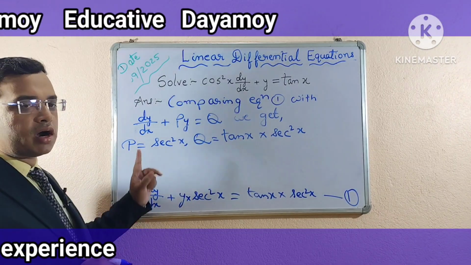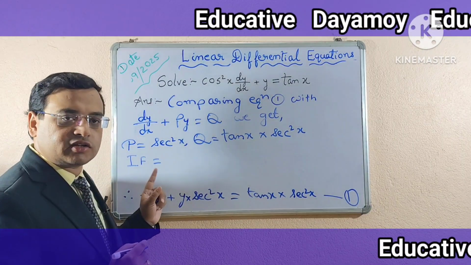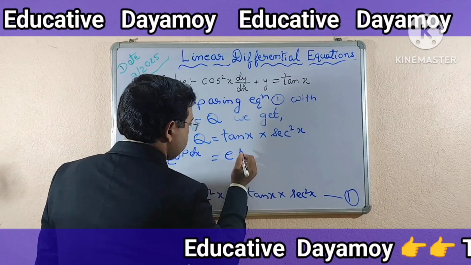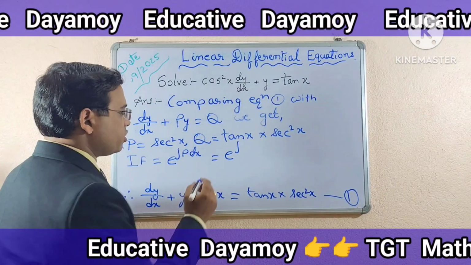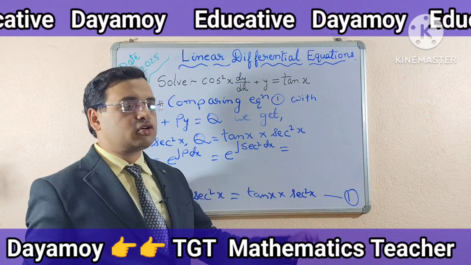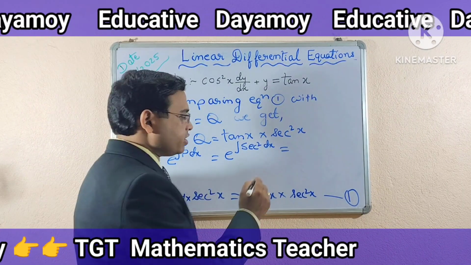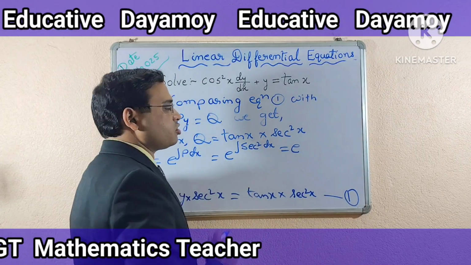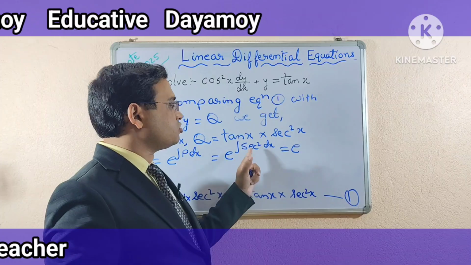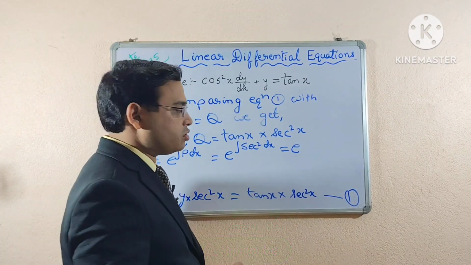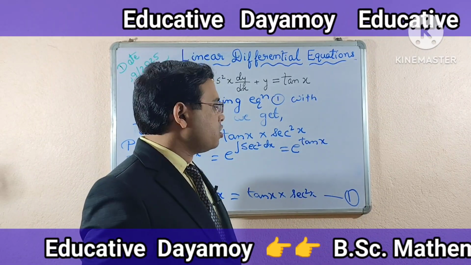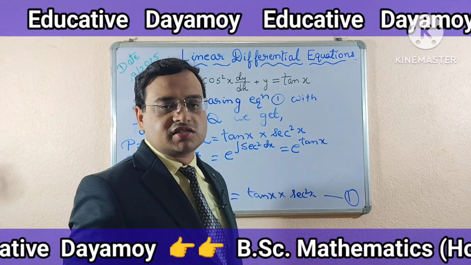Okay, now see what the integrating factor will be here. Integrating factor will be e to the power integration p dx equals to e to the power integration p. What the p is? P is sec square x dx. Now e to the power integration sec square x dx. E as it is, I'll write here. E now integration sec square x dx. What the formula is? What we have learned in class 11 in mathematics, that integration sec square x dx means tan x. Okay, I will write here tan x. Okay, as this is not the general solution, so I will not write here arbitrary constant plus c.